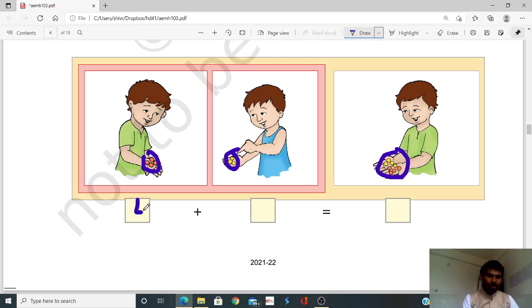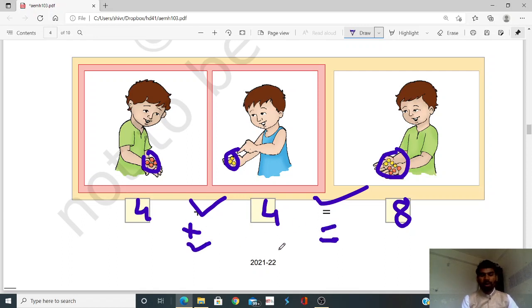That means 4 plus 4 is equal to 8. Here you can see two symbols. There is plus and there is equal to. You have to pronounce this as plus, and this as equal to. Okay,